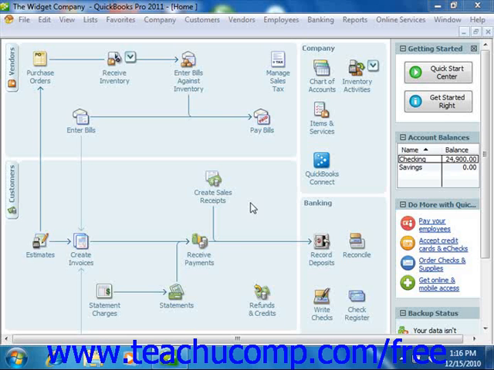www.teachucomp.com/free. You have the ability to add your own customized fields to the customers and jobs, vendors, employees, and item lists within QuickBooks. This feature allows you to create fields that you want to have appear for each record within a list. This lets you track information that is specific to your particular business. For example, you could add fields for color, size, and style to your item lists that would allow you to then create items with the same general description in your inventory and then differentiate between them by color, size, and